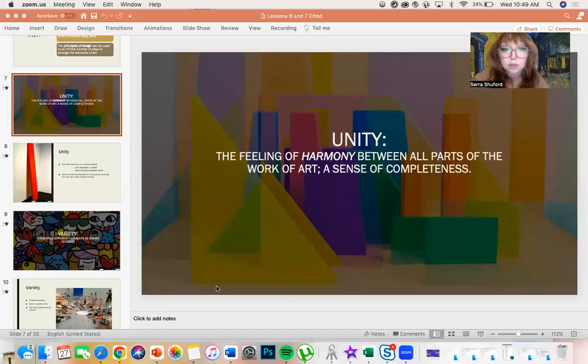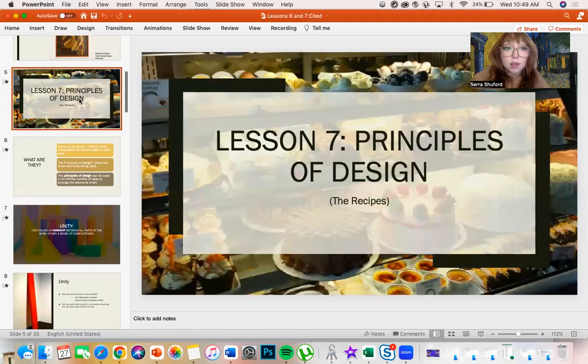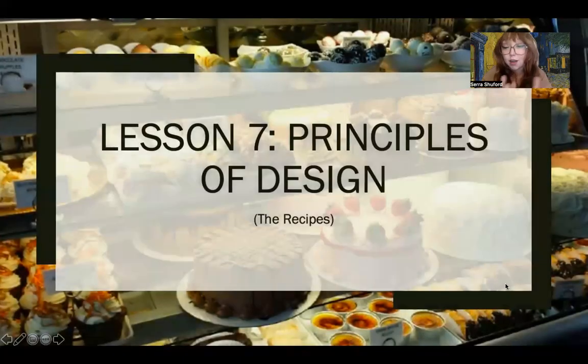It's great. Okay, so let's go ahead and get started on our principles of design in lesson 7. Alrighty, so this is our second of two parts on the elements and principles of design, talking about the principles. In lessons 3 through 5, I talked about the elements, not the principles. The elements as being